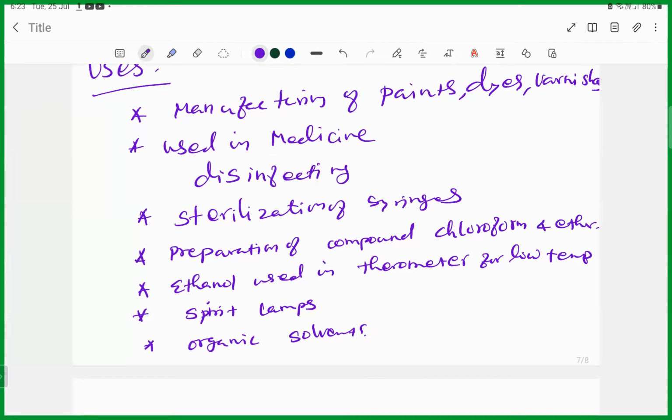So what are the things we learned from this unit? So carbon forms covalent bond. Covalent bond means sharing of electron between the bonding atoms. Number two, covalency. Covalency means number of electron contributed by an atom for sharing is known as covalency. And the allotrope of carbon we have